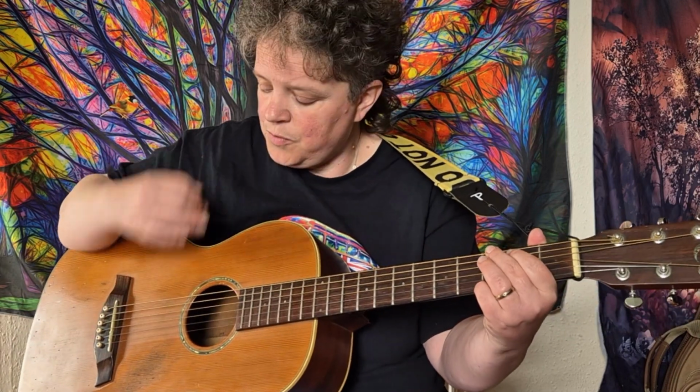For your rhythm hand, to start with, don't worry too much about it. You're really focusing on the chord hand and getting your fingers used to those different chord shapes. But for the rhythm, you can just start with a downstroke going down. And you can also practice doubling up on that. So you're going...